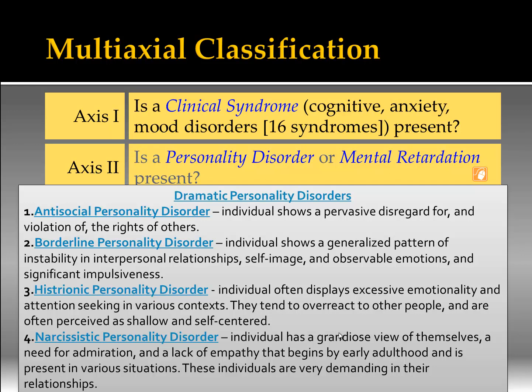The histrionic personality, the individual displays excessive emotion, and they have a lot of attention seeking. Nothing is ever just normal for them. They make a mountain out of a molehill every single time they can. Very flamboyant. Everything's always a big deal, whether it's good or it's bad, and they really overreact and play things up. And the narcissistic personality, down at the last one, have just all these grandiose feelings about themselves.